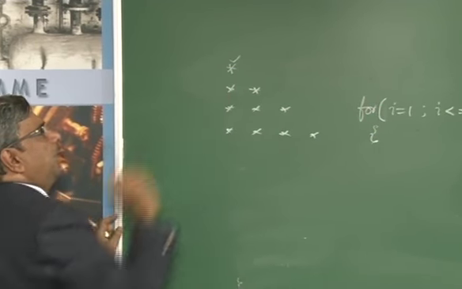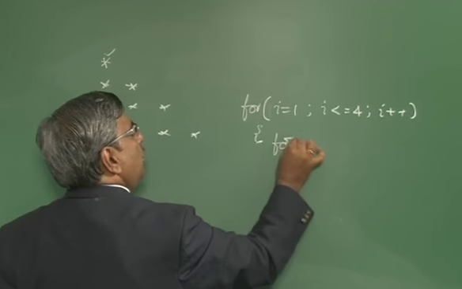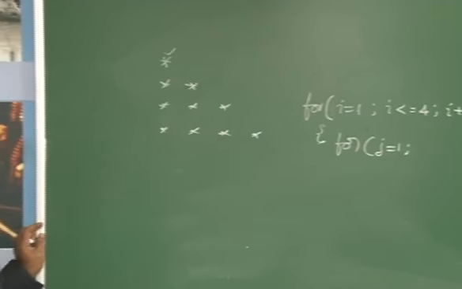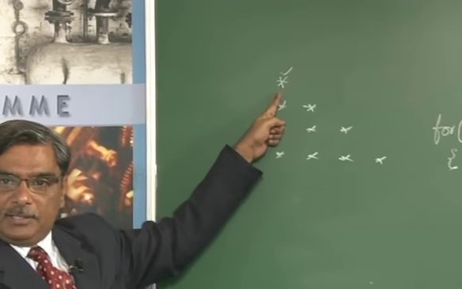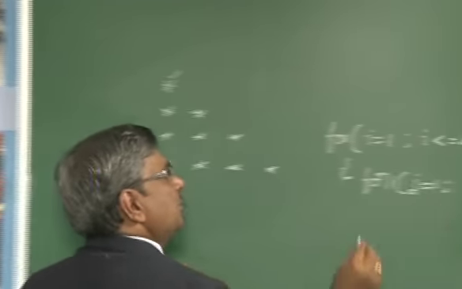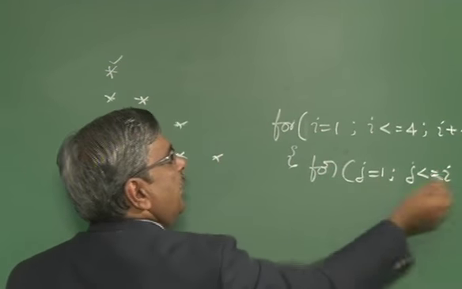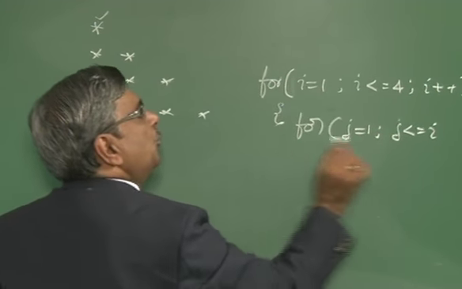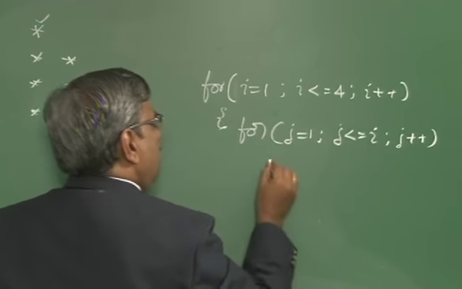Now you have to print the star only. So let us introduce one more for loop, for j is equal to 1. Here j is equal to 1 means the first time it should be 1 only. For that reason you put a condition j less than or equal to i, not the number. When i is 1, only one time. When i becomes 2, 2 times the star will be printed. j plus plus. printf,